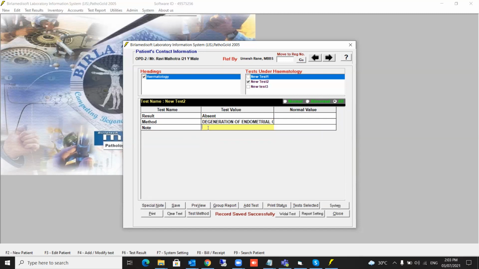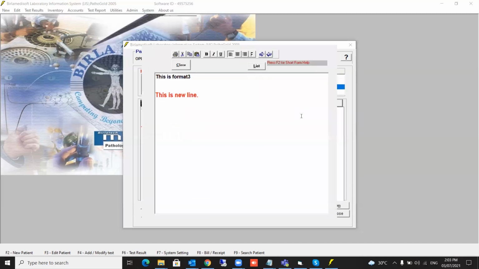And this is a note. Again, we want to write something. We can just write a note. Okay. This is a note. That's it. So we save over here. Okay. And now we see the third format. As soon as you select the third test, you see the box has opened. See, by default, the complete format has come up and the default value has come up. And this is called a memo field in which you are going to write.